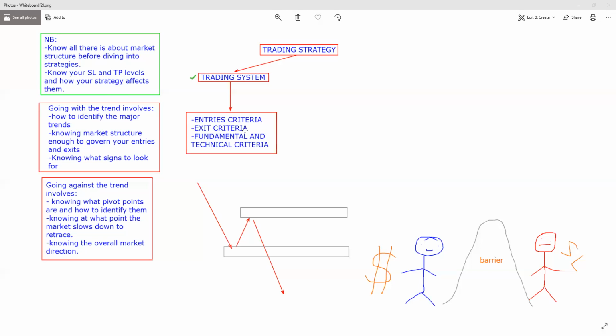So that is an example. Another example might be EMA magnets. For those people who use indicators, it will be a break of one of the slower moving averages. Let's say it was in an upward trend, your buy entries will be once the EMA is broken, and your take profit will be at the next EMA that it's going to be pulled towards. So that's how you base your entries and exit criteria.